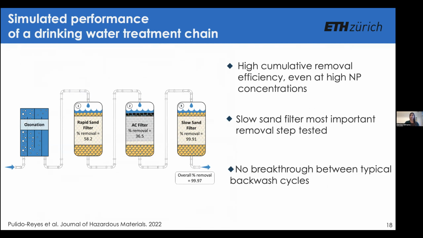So we had a high cumulative removal efficiency, even at quite high nanoplastic concentrations, much higher than environmentally relevant concentrations, where we had a 3-log removal across the entire treatment chain. And the slow sand filter was the most important removal step that was tested, where we had 99% removal through the sand filter. However, what's important to note here is that there was no breakthrough